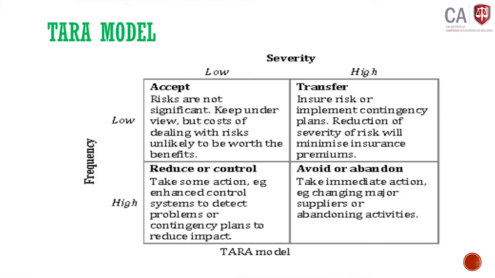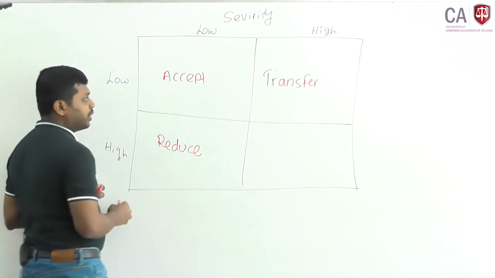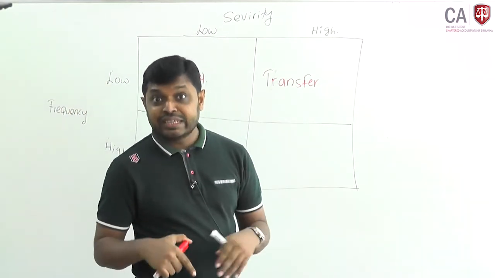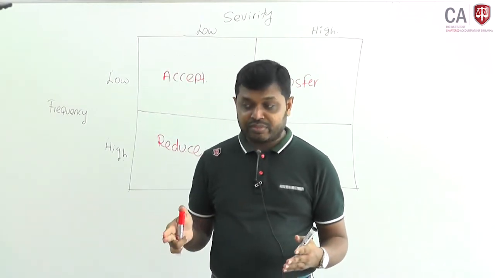Okay, take some action. For example, enhance the control system to detect problems, or a contingency plan to reduce impact. Reduce or control. Therefore, here if the frequency is very high but the impact is very low, then reduce them. Reduce or control. Reduce. Then if impact is high and frequency is very high,